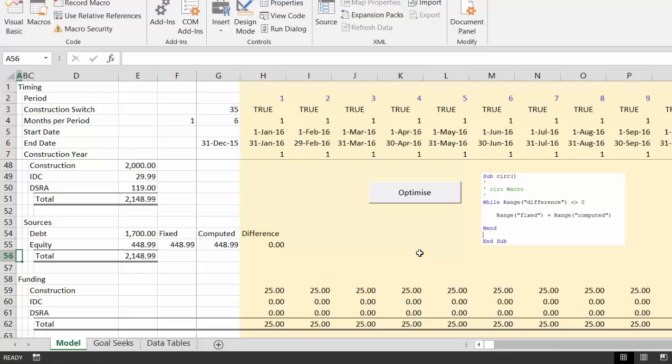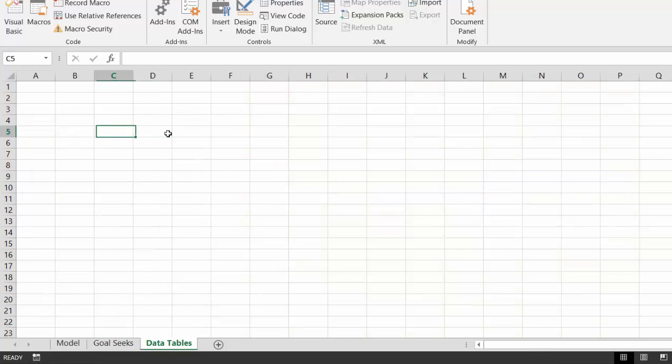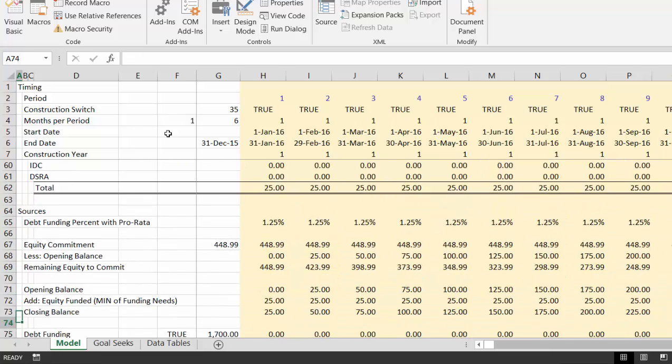Now, what we want to put in here is, let's make a data table. So let's say our data table is we change the debt from 1,500 and make it up by 50. How's that? Ooh, that's a little bit too high. Okay, so we want to do that. And when we do that, let's say that down here,